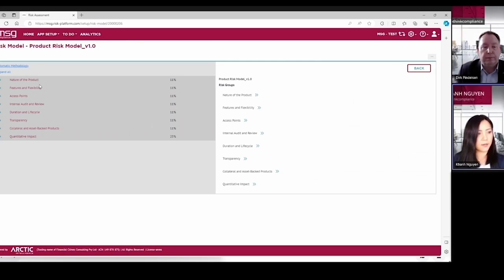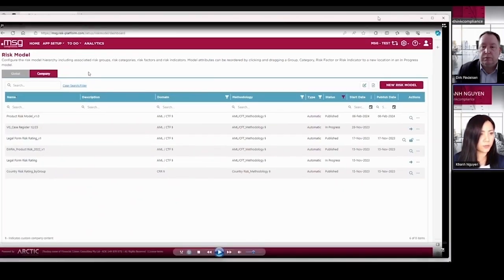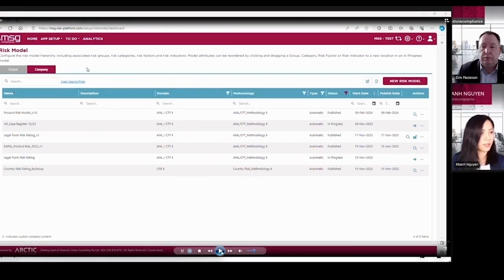So you can use it for an annual review of your portfolio, or you can use that risk structure also to evaluate a new product that you would like to introduce, for example. What I also like to do is to show you now how to automatically assess a new product.